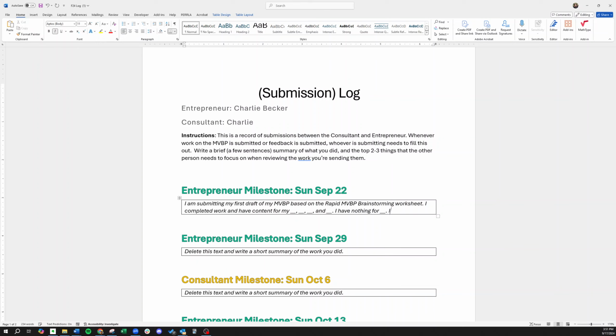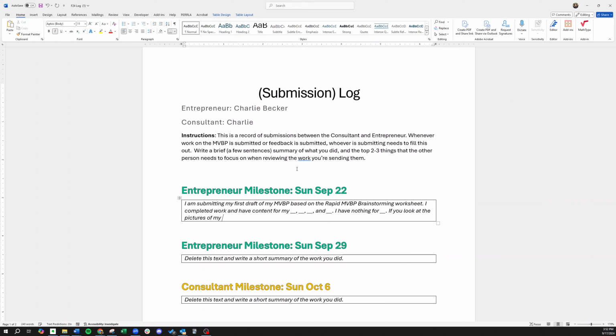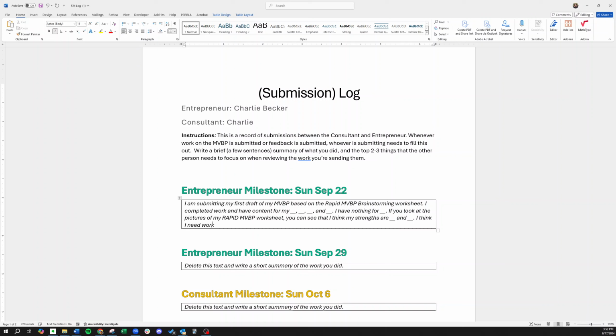So if you look at the pictures of my Rapid MVBP worksheet, you can see that I think my strengths are, and I think I need work on